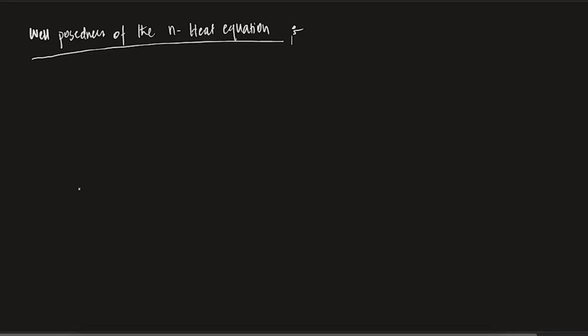Now, if you remember, if you want to study something like this, what are the things you need to do? First, of course, well-posedness of which problem? Let us put that first. So essentially, we are looking for this problem: u_t minus Laplacian of u equals f. As I told you, f depends on x and t, and this Laplacian is with respect to x, right? And this is in omega T. Omega T is just the parabolic domain. So you remember what omega T is? It is omega cross (0, T] closed.